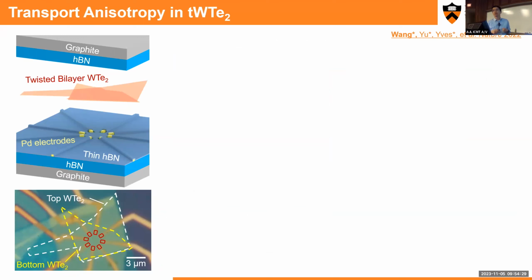This measurement was made possible with this kind of design, where we only touch the bulk of the twist area. The reason is that this monolayer tungsten ditelluride is edge conducting, and the typical method would touch the edge, and the monolayer area would also confuse your measurement. So in all our measurements, we only touch the twist area as a contact, and then we can measure either the anisotropy or the transport property of the material.